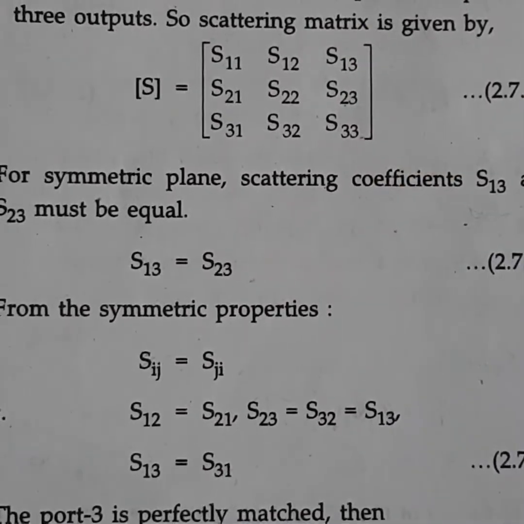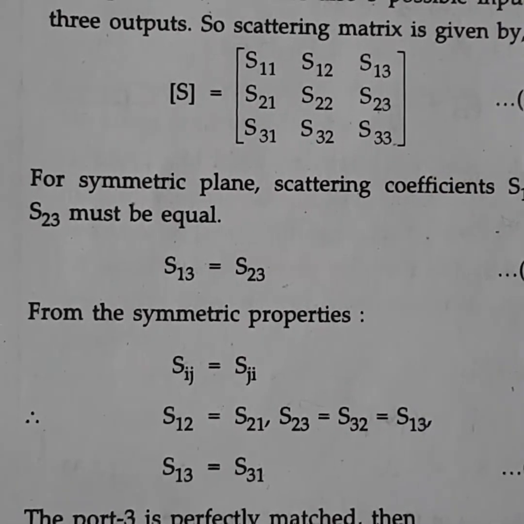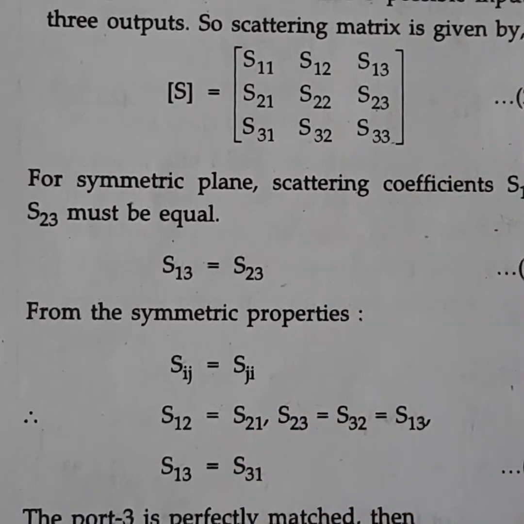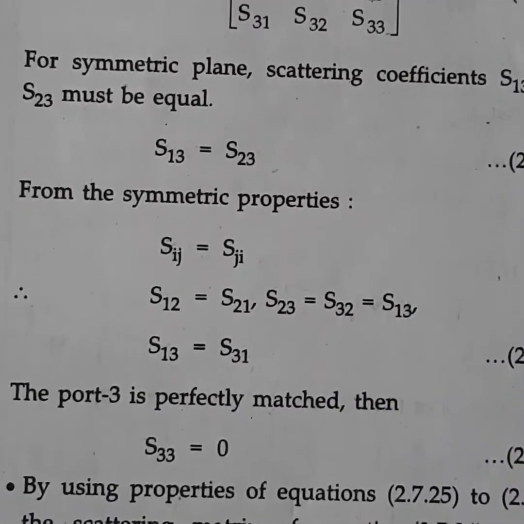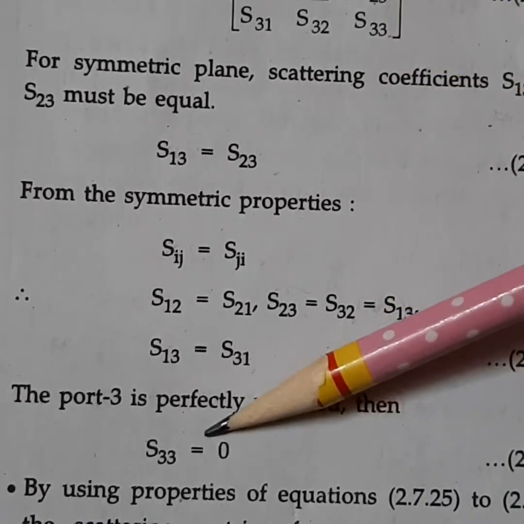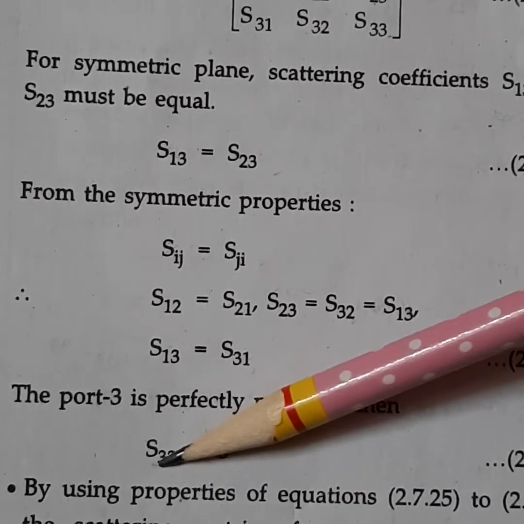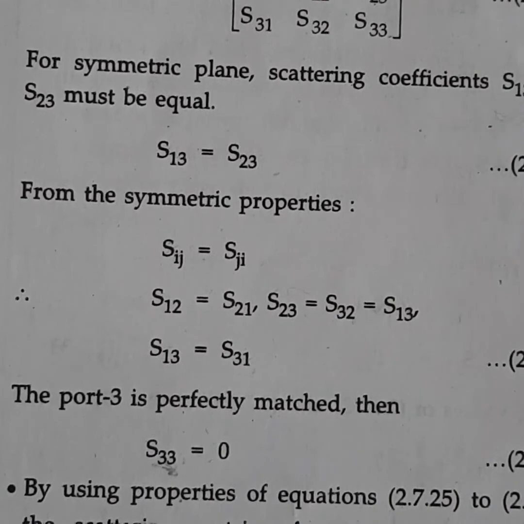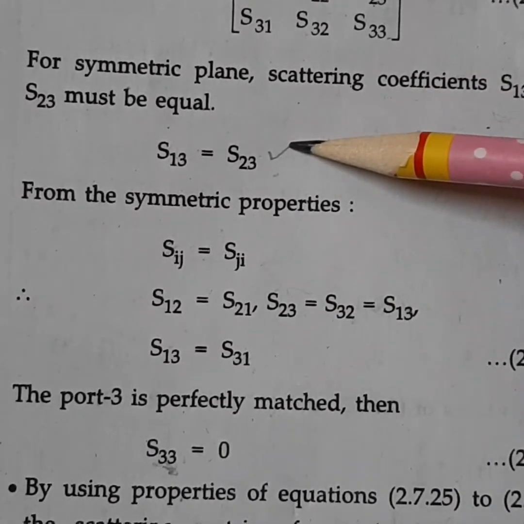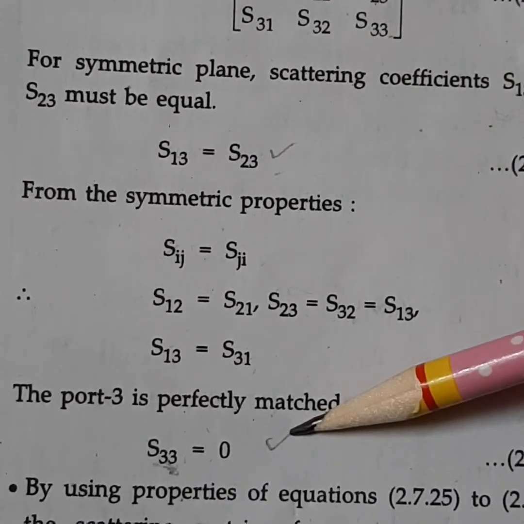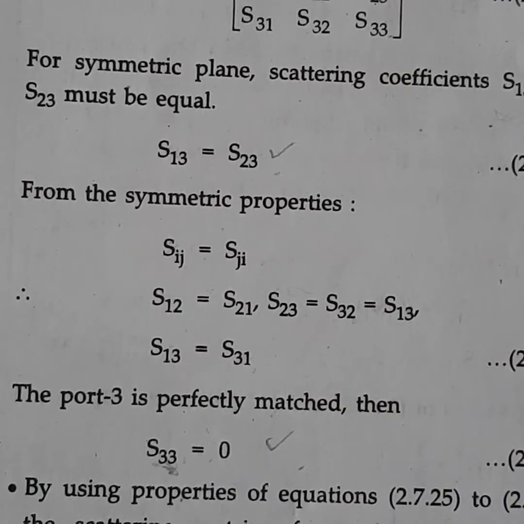Okay, so port 3 is perfectly matched. What does it mean when port 3 is perfectly matched? It means S33 is going to be equal to 0. As port 3 is perfectly matched, S33 becomes 0. So by using the equations S13 equal to S23 and S33 equal to 0, we can write the S matrix